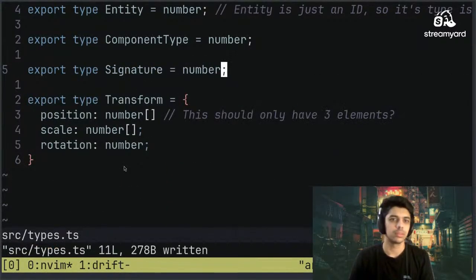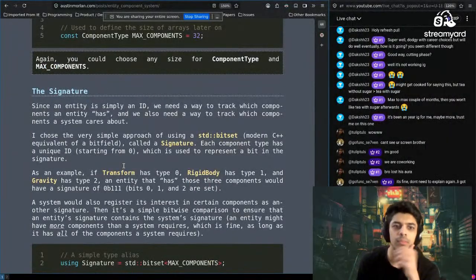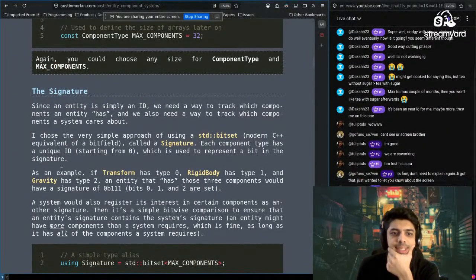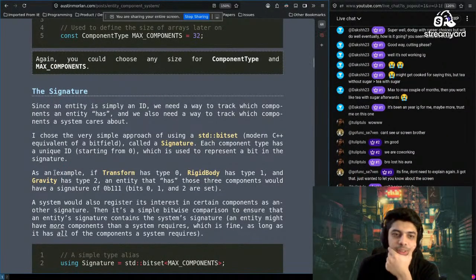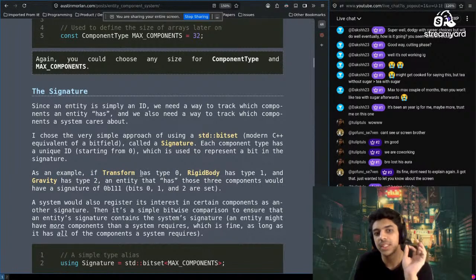Uh, okay. As an example, Unk works. Okay, Unk it is. As an example, if transform has type 0, rigid body has type 1, and gravity has